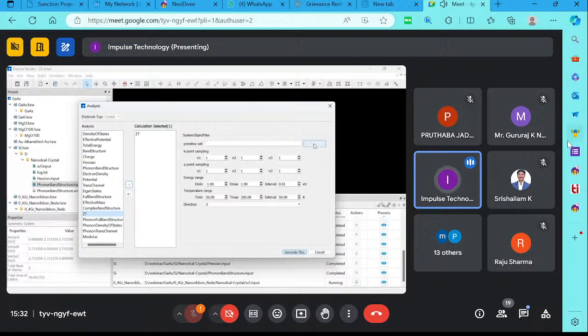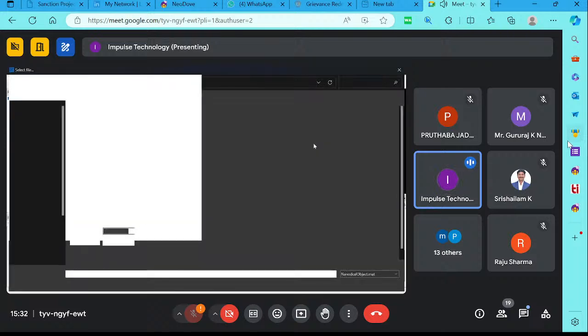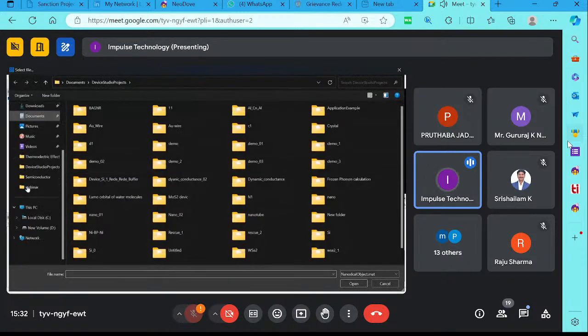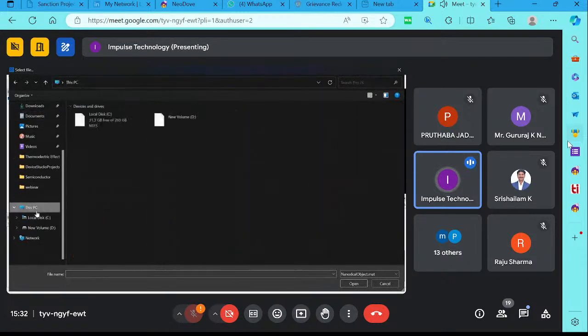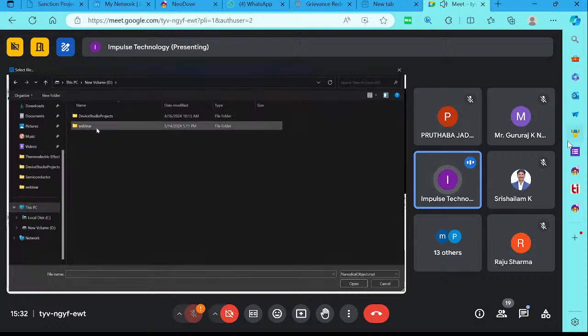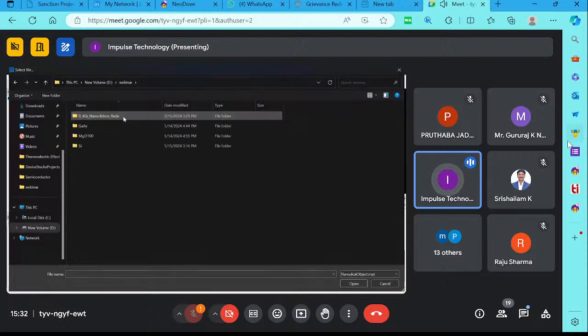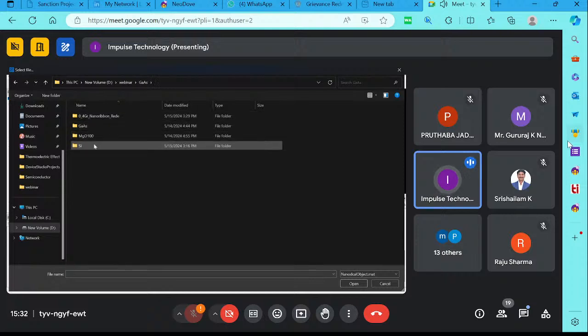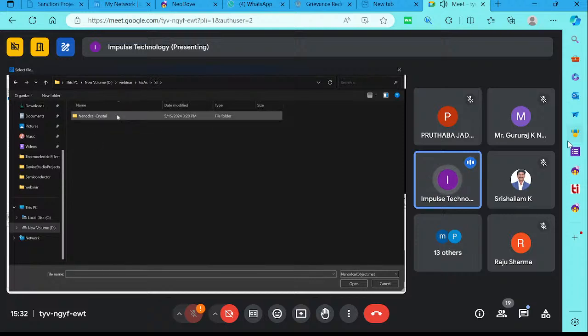Here you have to browse to the file where the silicon file is saved. So you go to browse and locate the file where this file is saved. So we'll go here, webinar and gallium arsenide, and we'll do silicon. So go to the silicon one